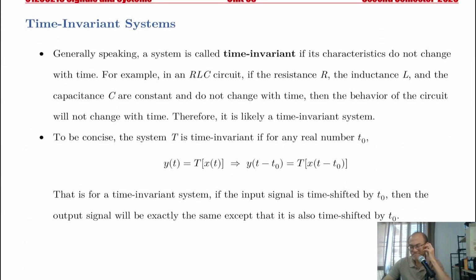Now, another concept which is equally important is the concept of time invariant systems. Basically, for a system to be called time invariant, its characteristics have to be the same regardless of time. For example, if you give an input to the system at time 0 and you measure the output and write it down, and then 10 years later, you give the same input signal to the same system and you measure the output and you compare the outputs